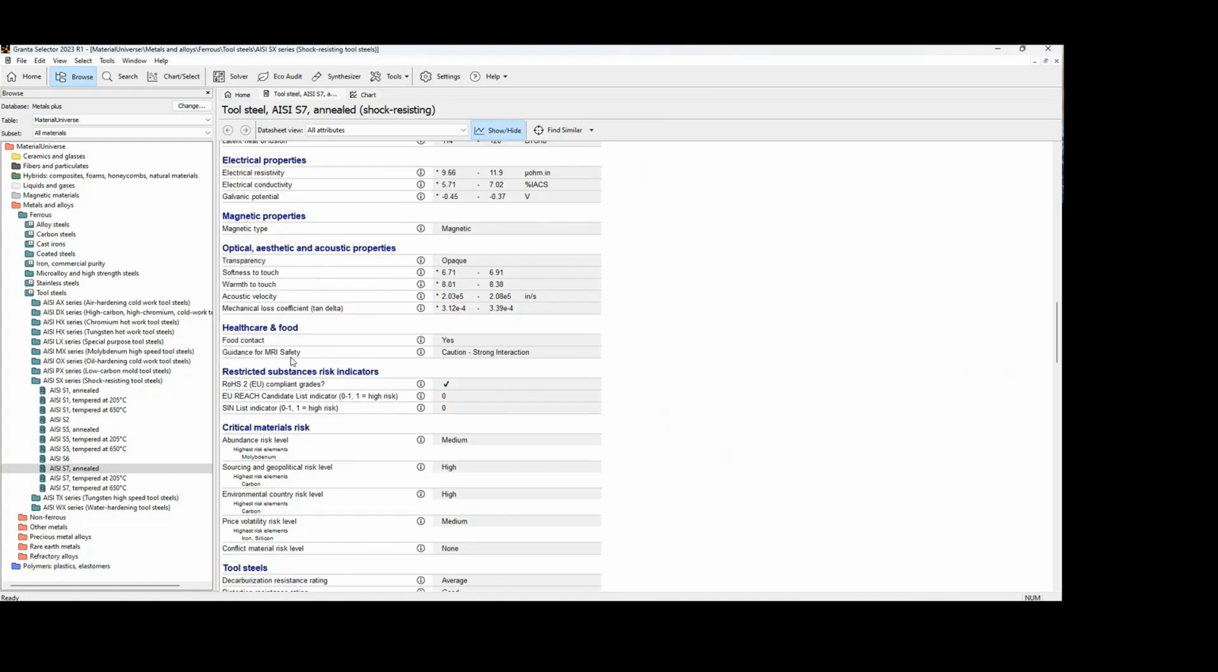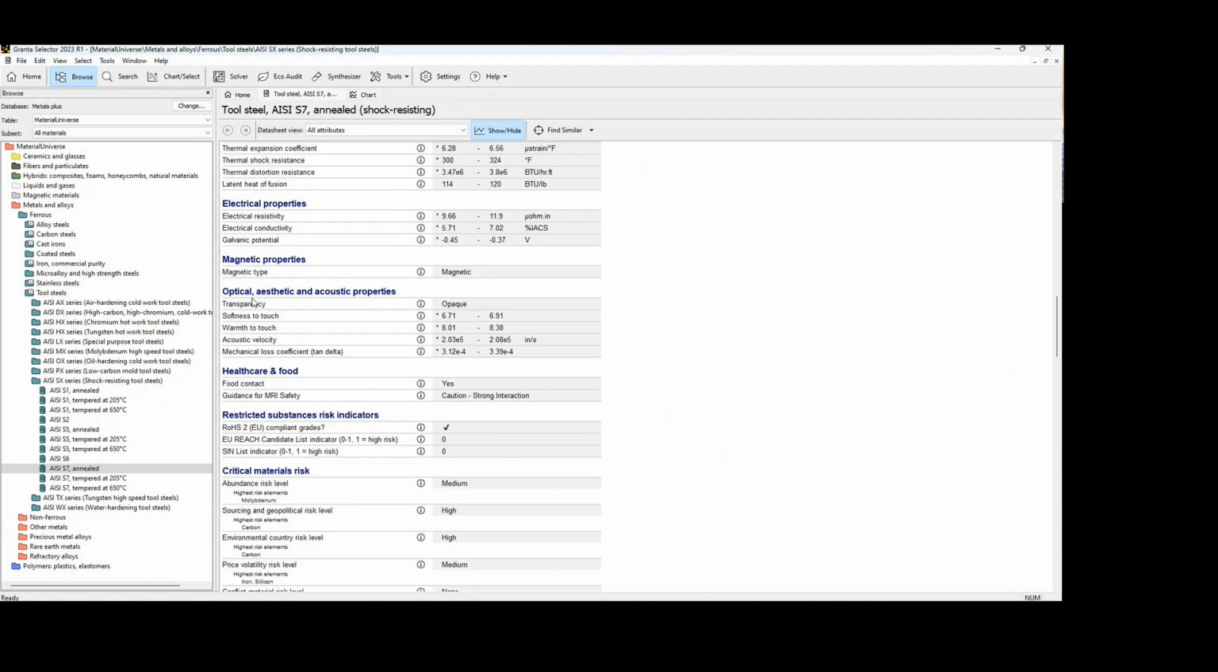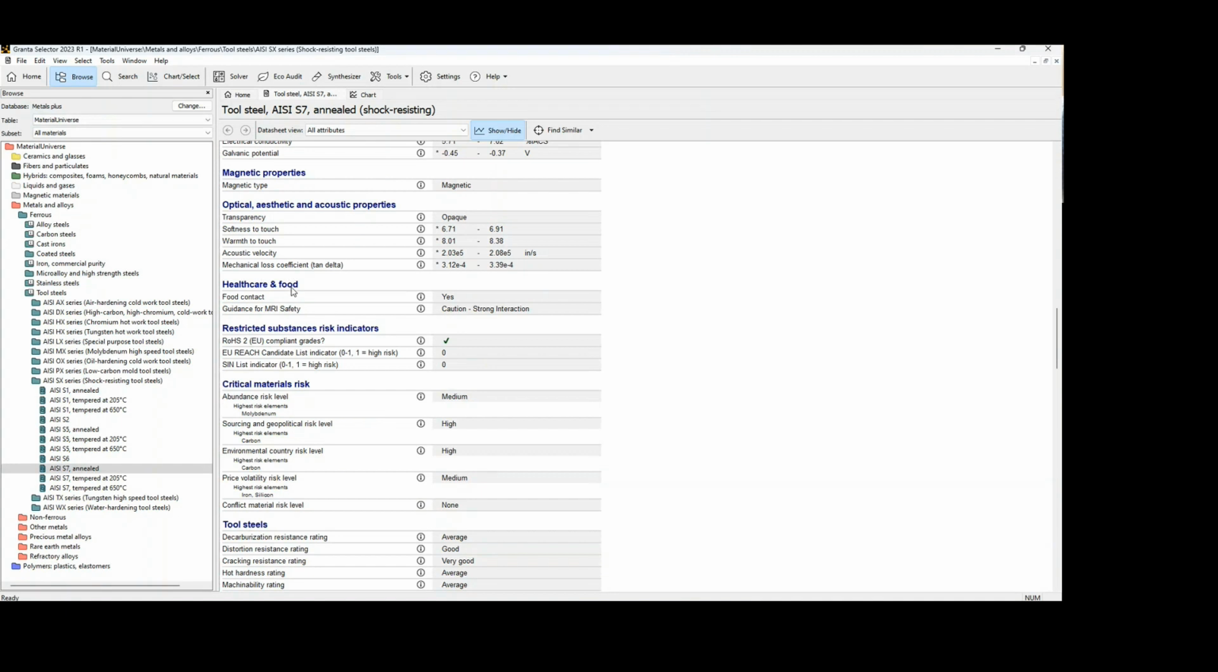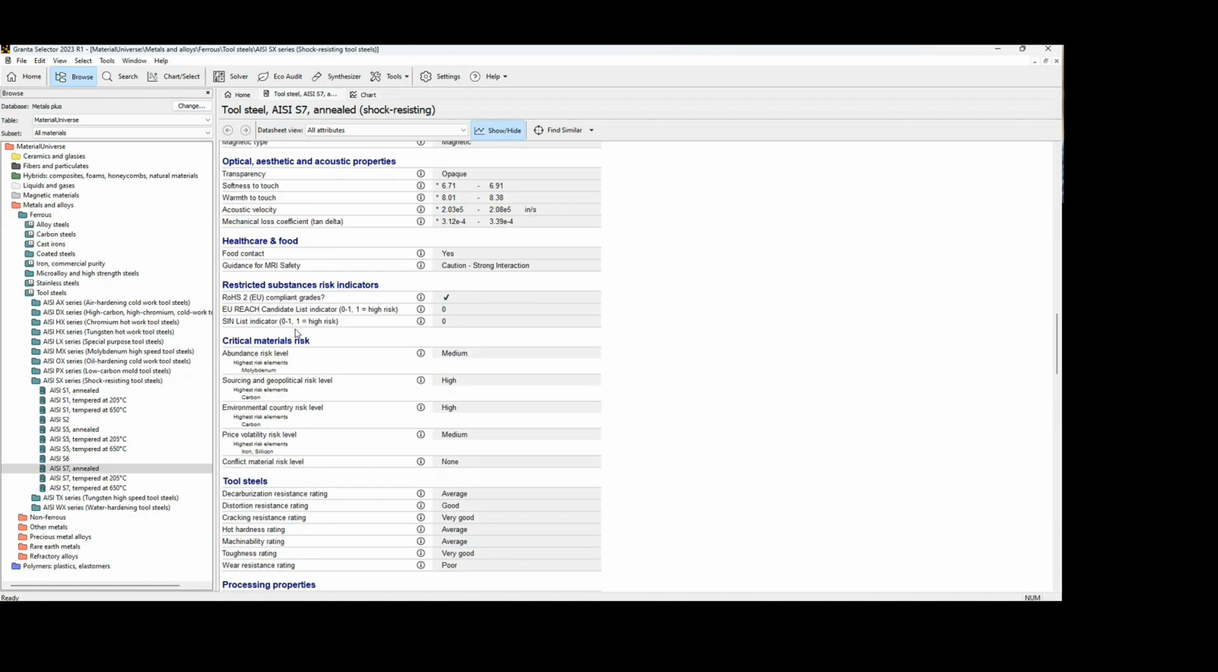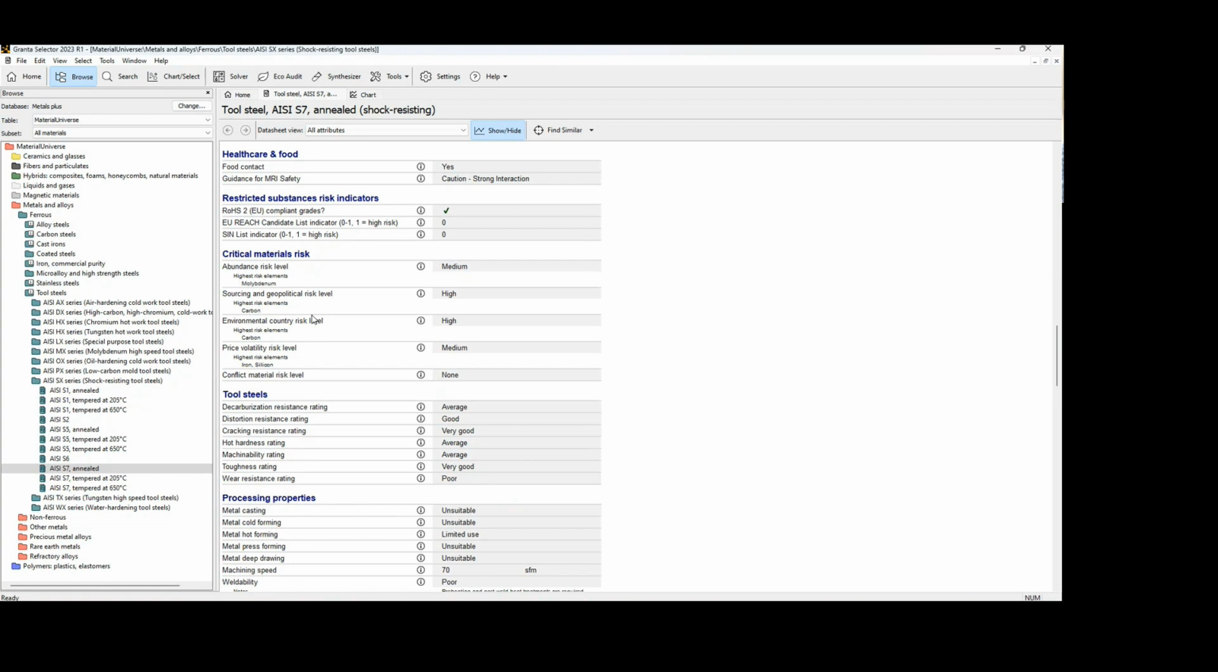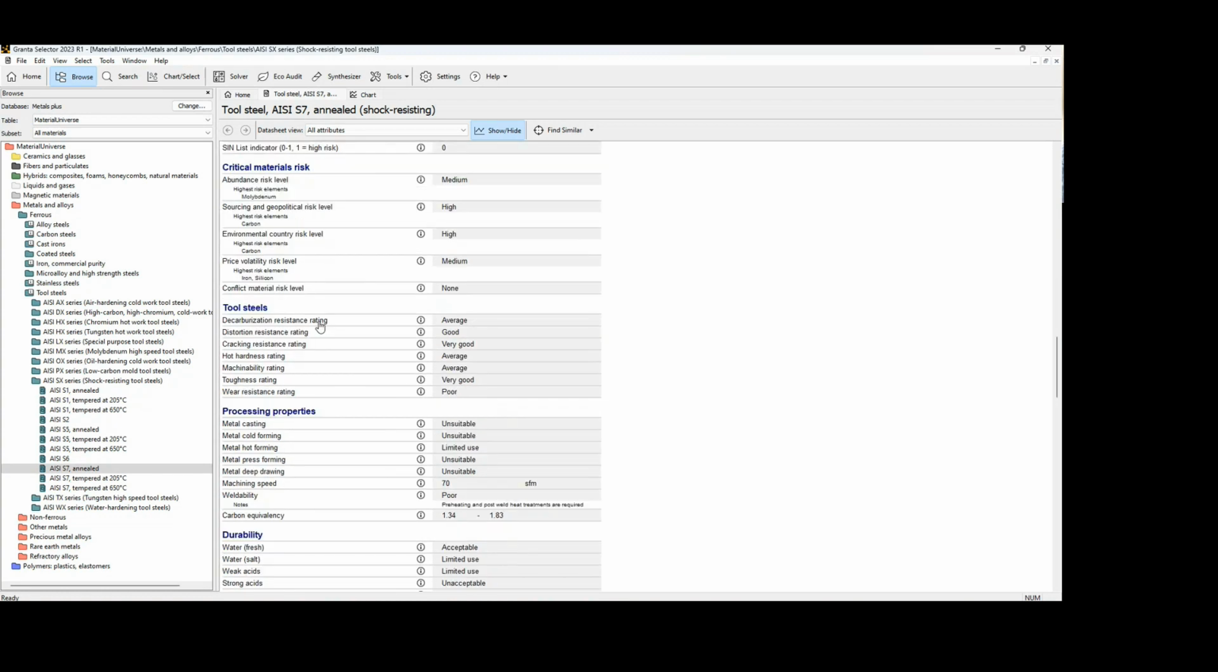And then we have electrical properties. I'm just going to skip some of these. As you can see, we even have optical. I have zero knowledge on the optical and magnetic and electrical, so I'm not going to pretend that I know any of them. But you can see healthcare and food. So if this material comes to a food contact, is it going to be safe or not? And then guidance for MRI, restrictions. And another thing that you guys may care about is